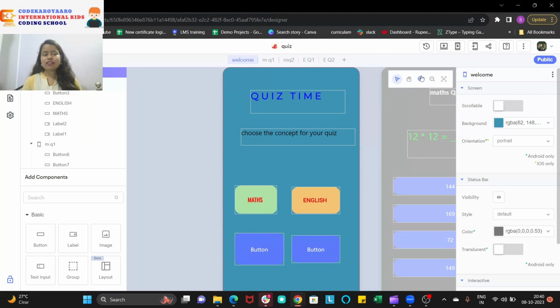Some people, because of their laziness or because they're not interested in creating an application, will see the error and just let it go. That is not a feature of a good developer. The project which you do should be appreciated by all the people who see it and use it. They should give you a response saying that it is a good application, and we don't find any bugs in it.